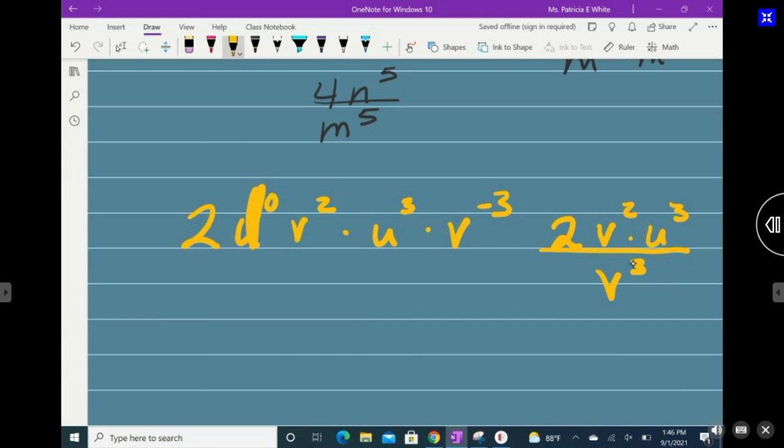I've got 2 v's up here and 3 v's. So how is that going to cancel out? 2u to the third over